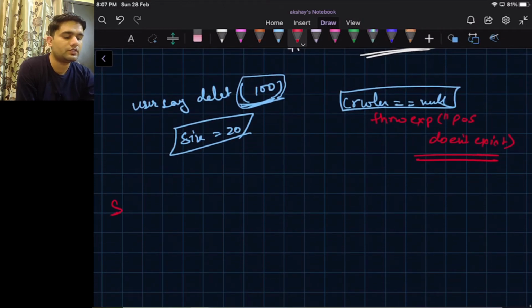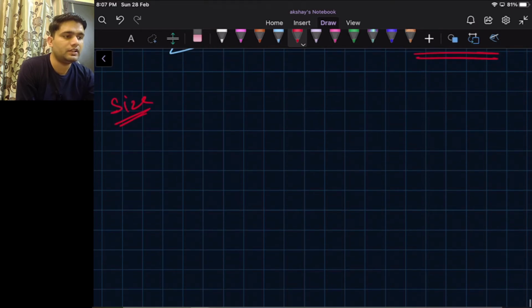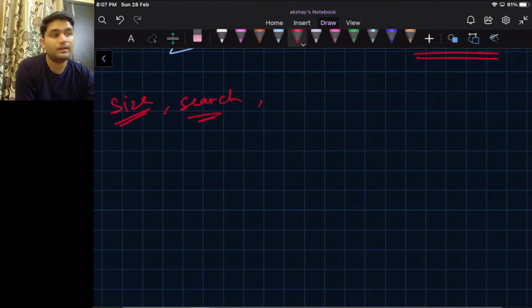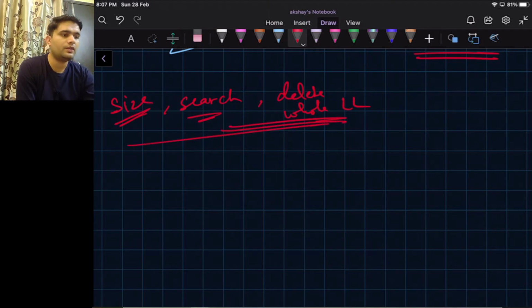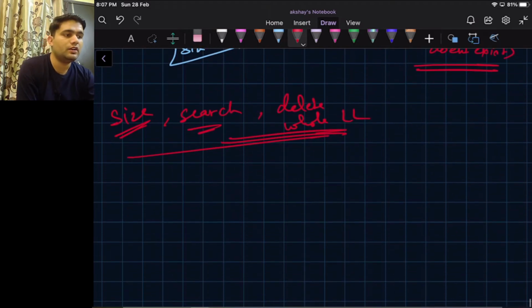First let's see size, then we will see search, and we will see delete whole linked list. Okay, so let's see size.